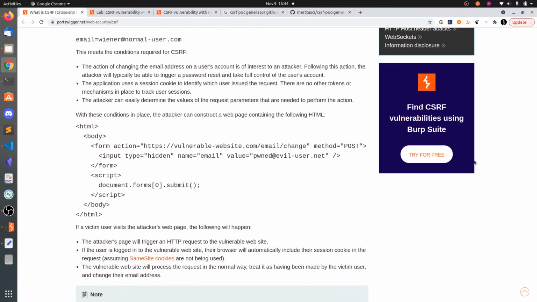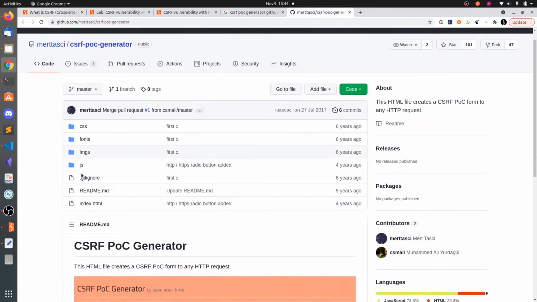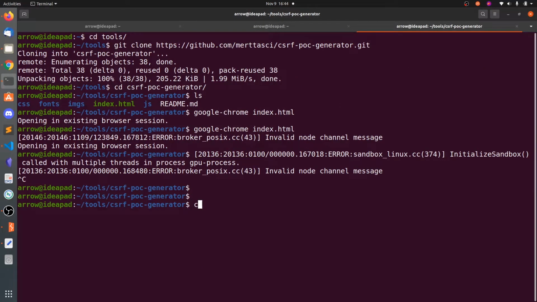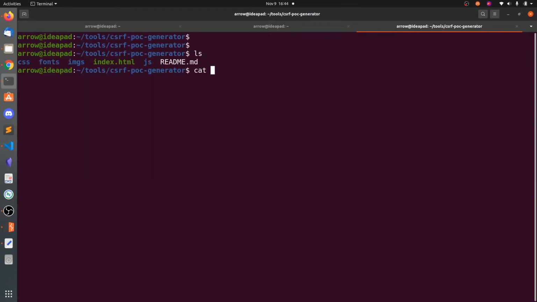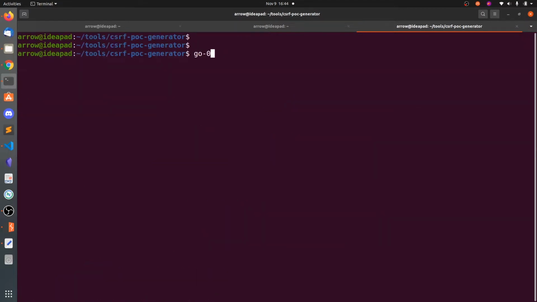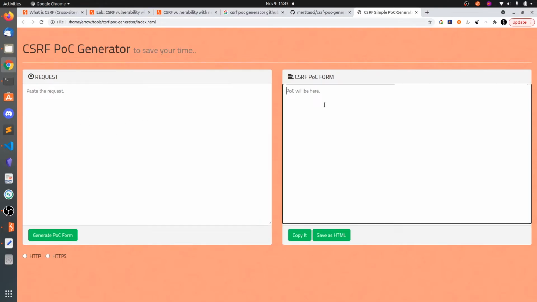In Burp Suite Professional you will have a POC generator for CSRF, but we don't have Burp Suite Professional, so I'm going to go with this one. I have already cloned this. You will have this index.html, so you can open this using Google Chrome. On the left side you paste the request, and on the right side it will create the HTML form for you.